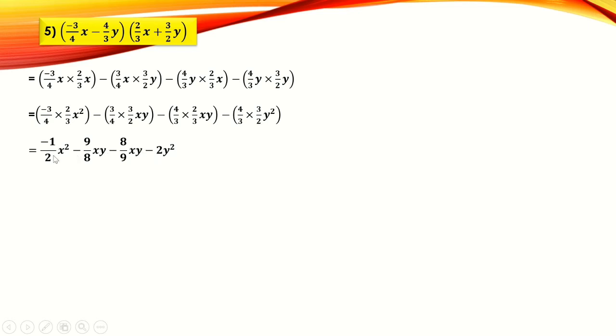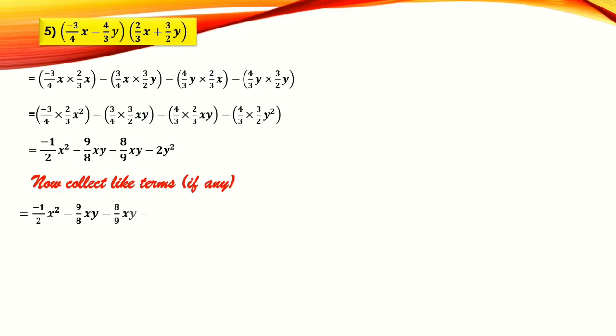Now no problem is there in this question, only the thing is how to simplify this. There can be many ways to simplify this. I have shown you one way here, and again I'm going to show you the same step by another way. So it's up to you whichever way you want to adopt. Now collect like terms. Obviously there are only these two like terms, so let's see how we are going to do that.